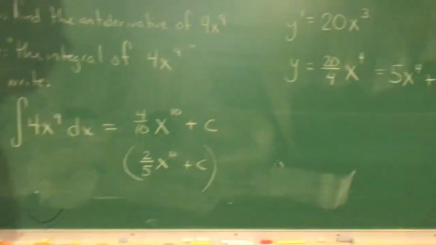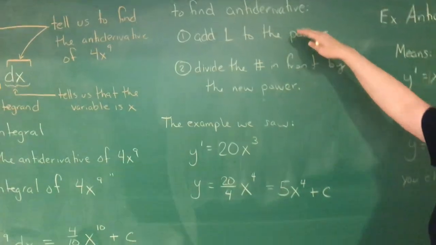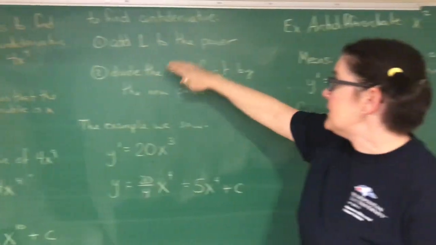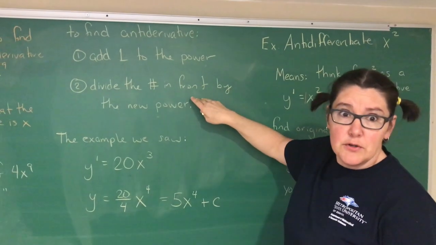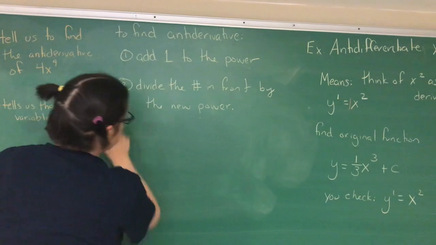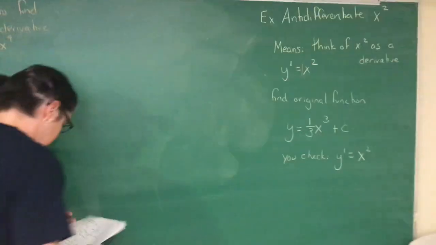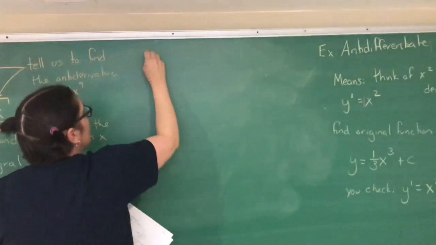Okay. Now, we have talked about finding an antiderivative in terms of these words right here: add 1 to the power and divide the number in front by the new power. We can also write this in symbols. So for those of you that prefer symbols rather than written out words for how to do these types of things, our rule